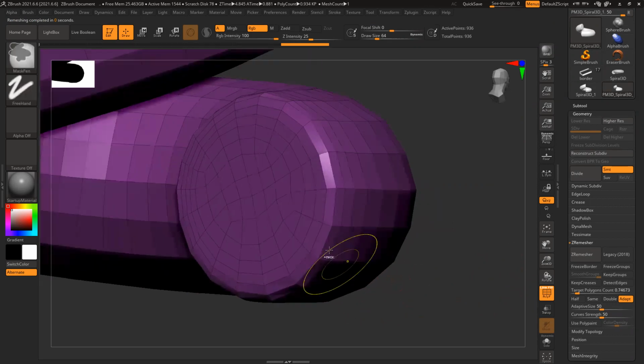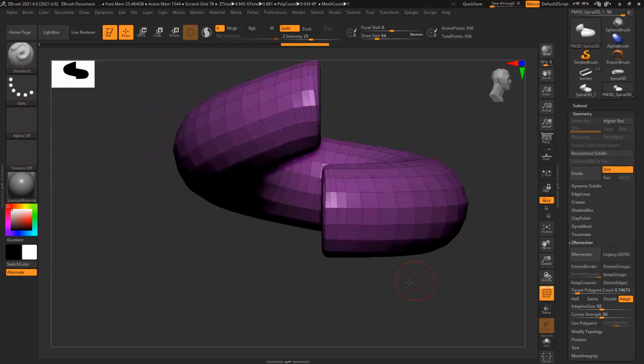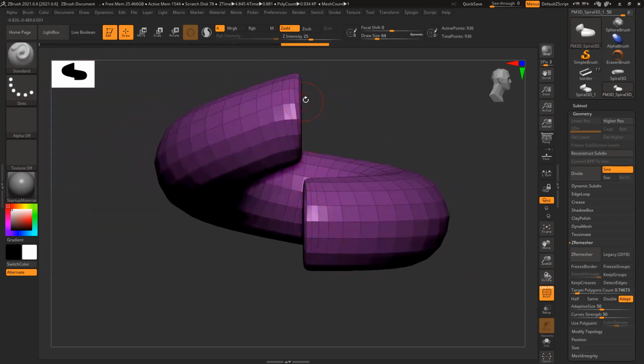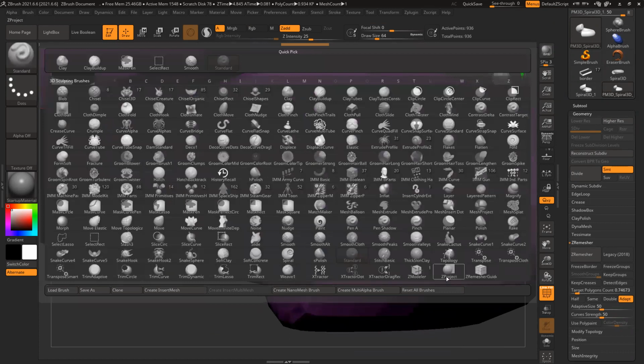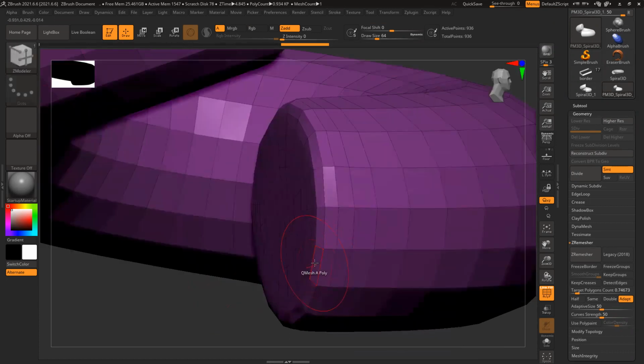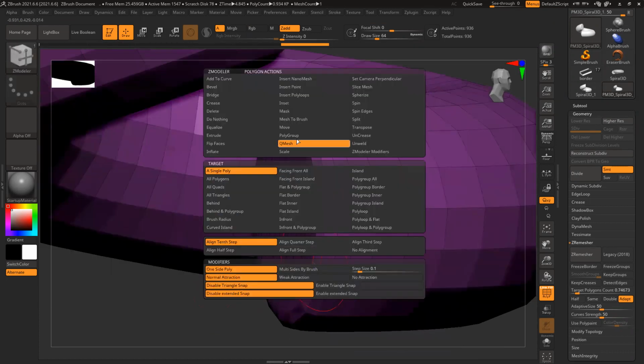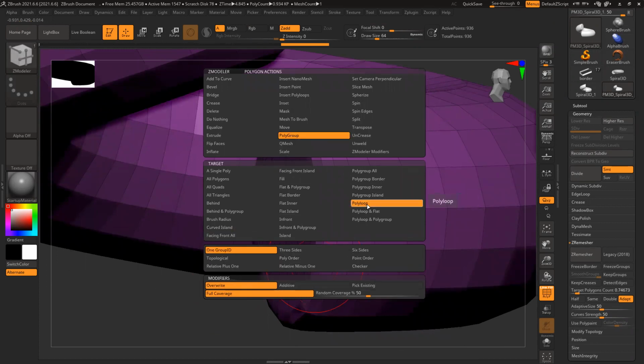Now this section, because this is supposed to be a tileable model, it should continue. So this section I need to delete. So for that I'll use ZModeler, polygon mode, polygroup, polyloop.